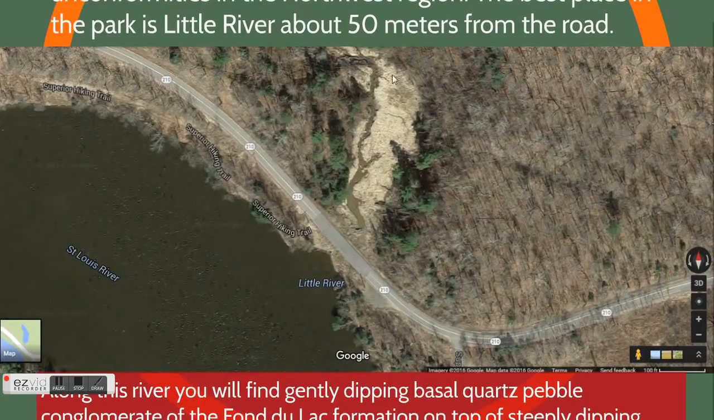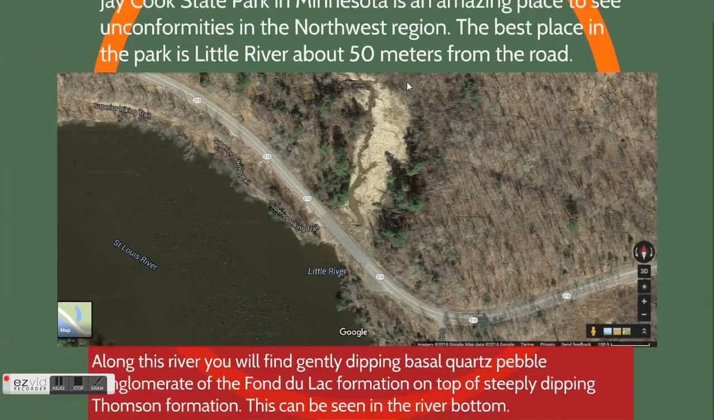In the picture above, you can see a little river depositing into the St. Louis River. This region that I'm pointing to is the region about 50 meters from the road that you can see the